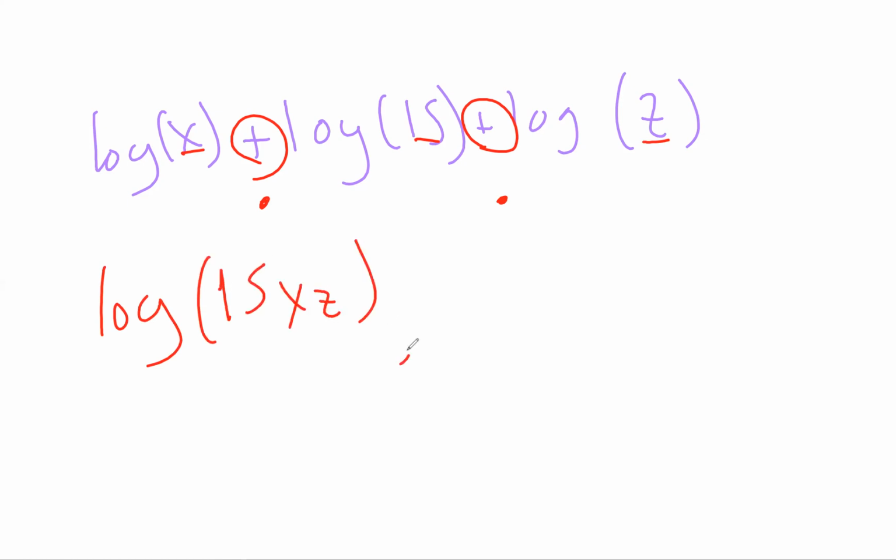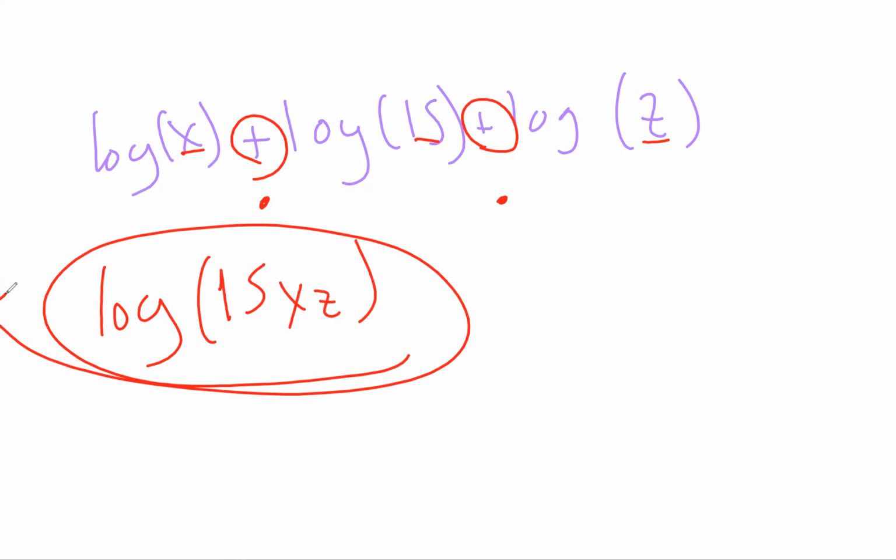15xz. And now I think I mentioned to you guys before, these three pieces, as long as they're in there, they don't have to be in any certain order. You could have z, or you could have x, z, 15. It just looks weird to me if the whole number is not first, but it doesn't mean it's wrong. Okay, so condensing logs. What do you think? Better? I have a couple more, or we can try expanding them, or we could try something totally different, whatever you guys want.